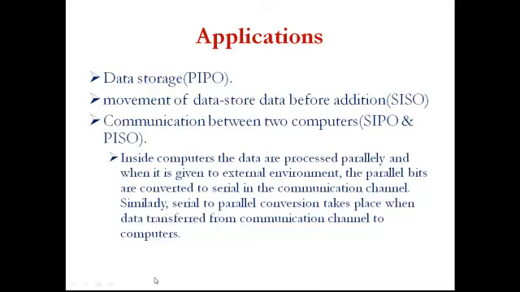Okay, or if you want to have communication between two computers, then you are going to do serial input, parallel output, and parallel input and serial output. So if I want to connect the first computer with the second computer, the computer output will be in serial, which will be converted to the parallel output, and that parallel to parallel, it will be traveling in the parallel combination only, as a set of outputs. Then on the other side, parallel input will be converted into serial output. So this is an application.